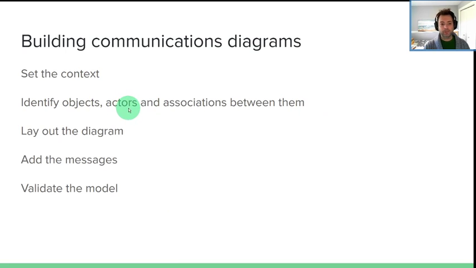Then figure out what the objects, actors, and relationships, or associations, are between them. Pretty clear so far, right? These are the classes that we have. These are the objects instantiated from the class diagram. Let's lay them out visually, connect them as appropriate, figure out which function is being called when, and that's your